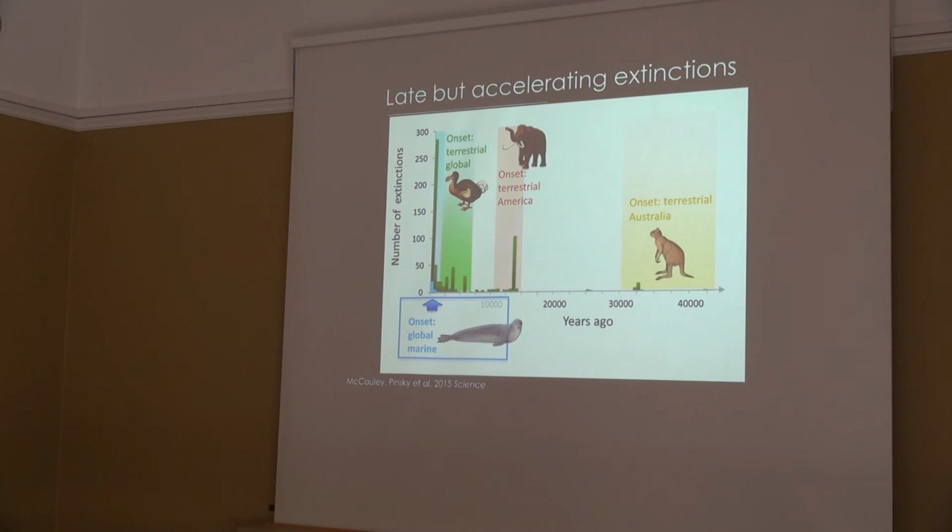It's also interesting to think about the timeline of human impacts in the ocean and on land. So human-caused extinctions that we know about on land started about 30,000 years ago when humans got to Australia, then spread to the Americas when humans got to America, and now in recent centuries it has spread globally. The human-caused extinctions we know in the ocean have been over just the last couple hundred years.